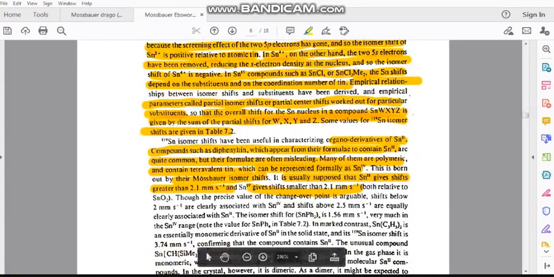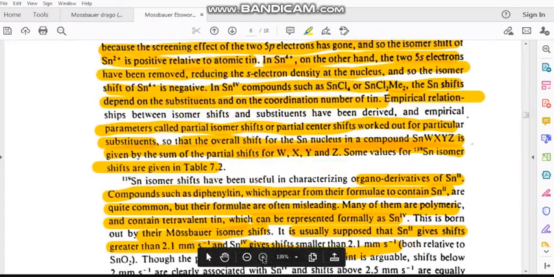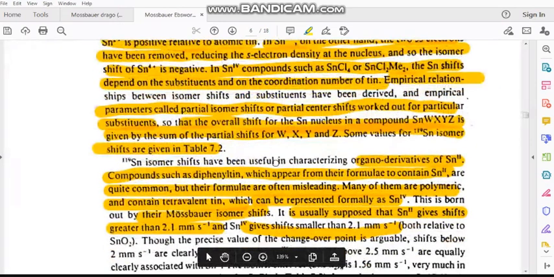In tin 119, isomer shifts have been useful in characterizing organotin derivatives of tin 2 plus. In organotin derivatives, there is a tin carbon bond. Organotin derivatives with tin carbon bonds, such as